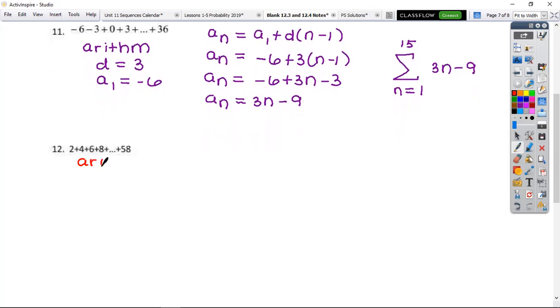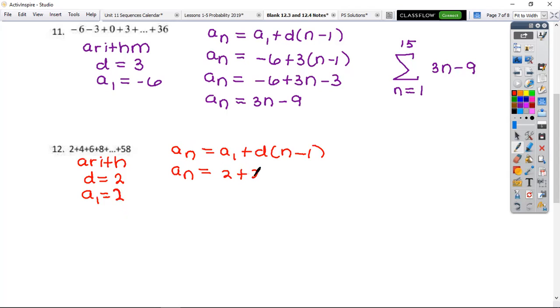Arithmetic, yep. So this is another arithmetic in which your common difference is equal to 2, and coincidentally so is a sub 1. So I'm going to go a sub n equal to a sub 1 plus d times n minus 1. All right, so I have a sub n equal to, why did I write 1 there? I'm sorry, 2. All right, so I have a 2 plus 2, and then n minus 1, and distribute,